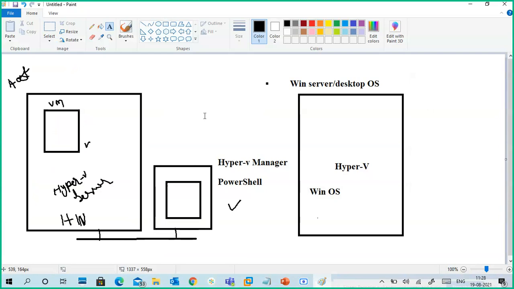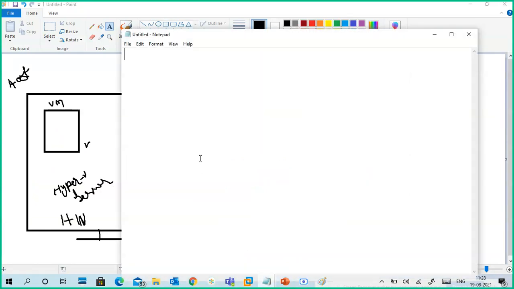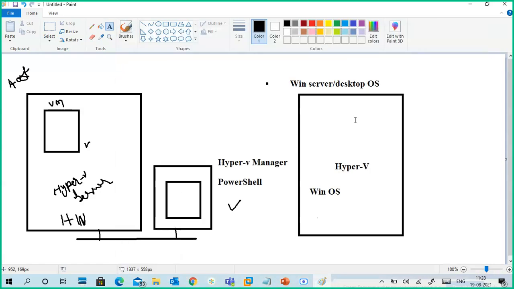The operating system running in the virtual machine is called a guest operating system. So always remember that one. So what is guest OS? Means OS running or installed in a virtual machine is called guest operating system.